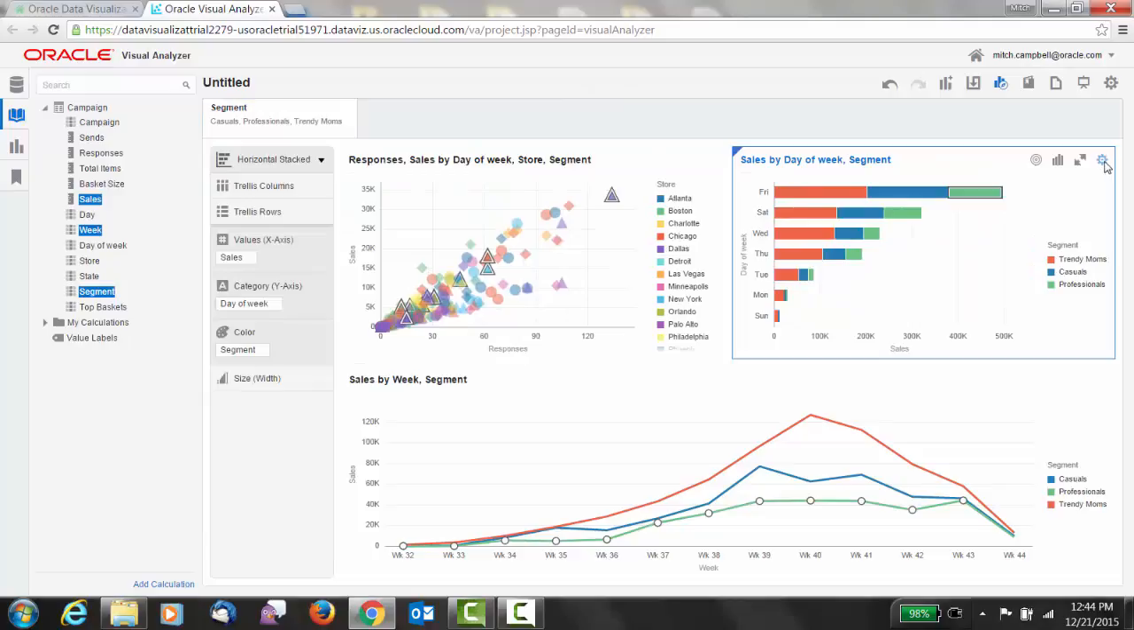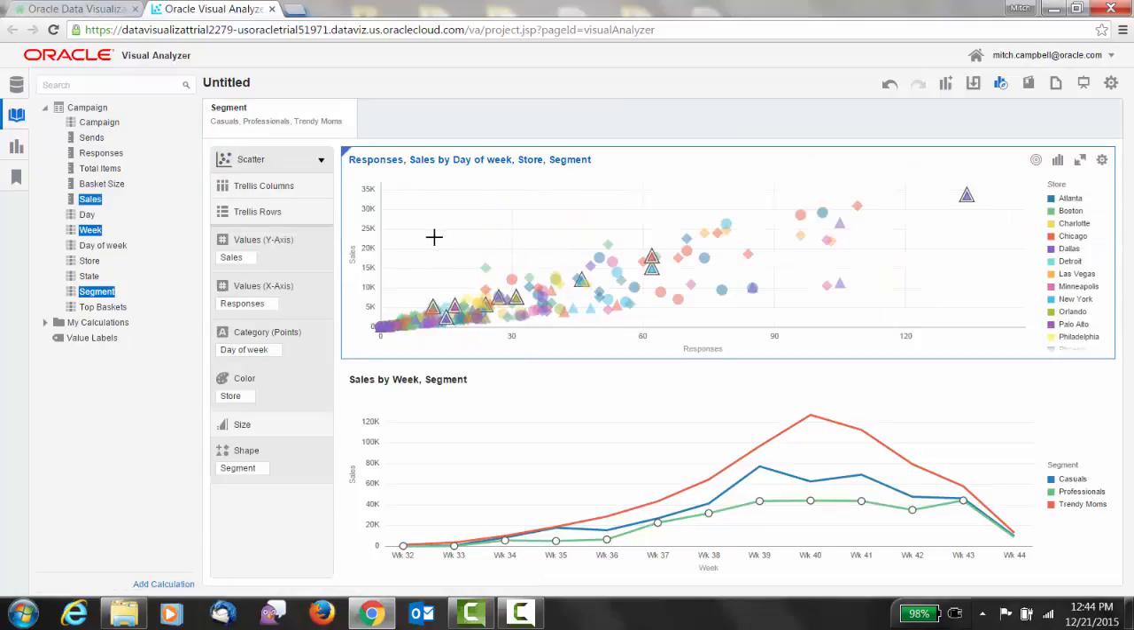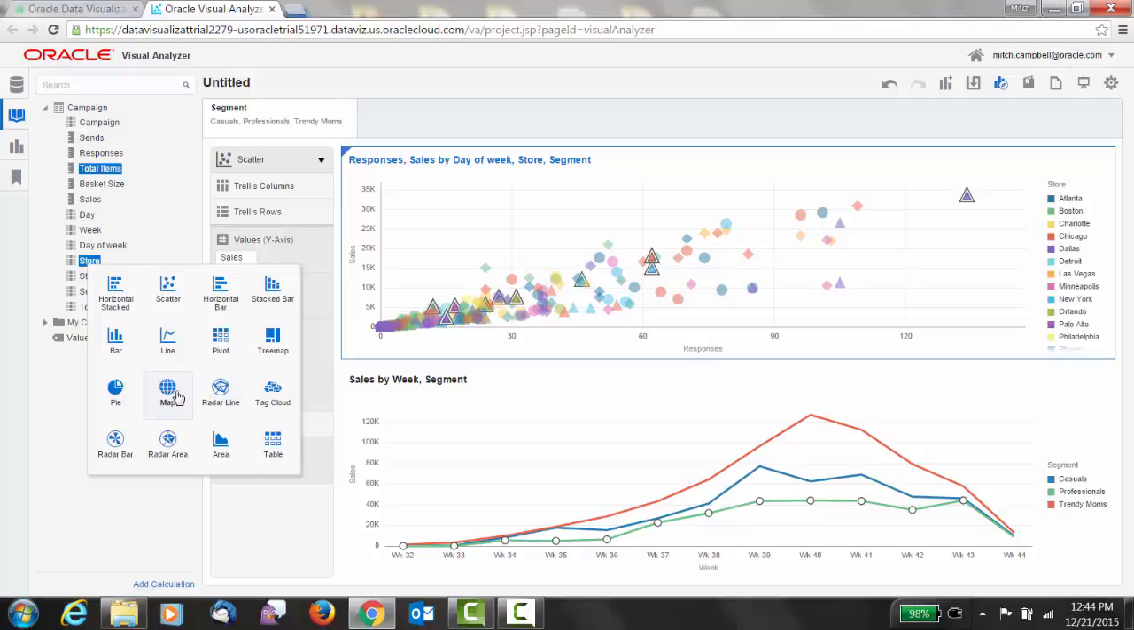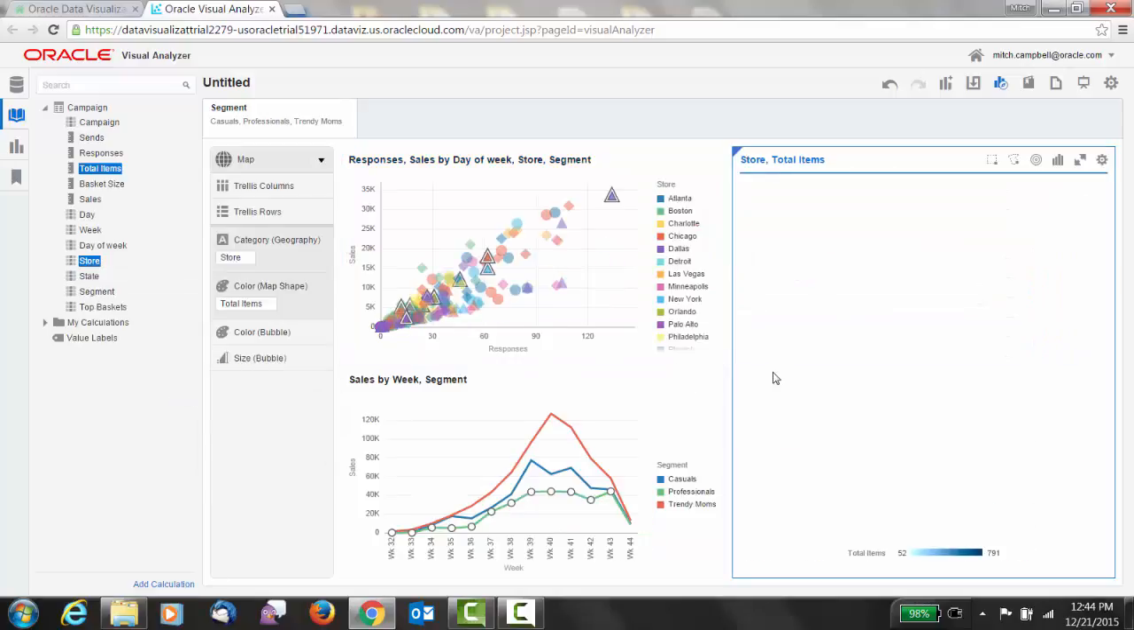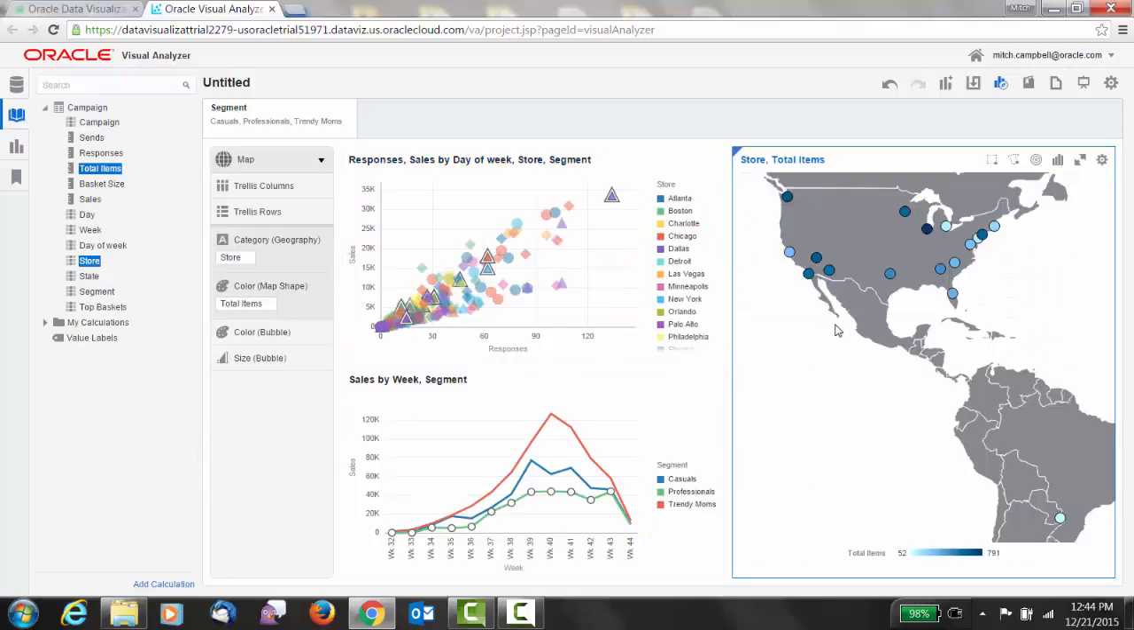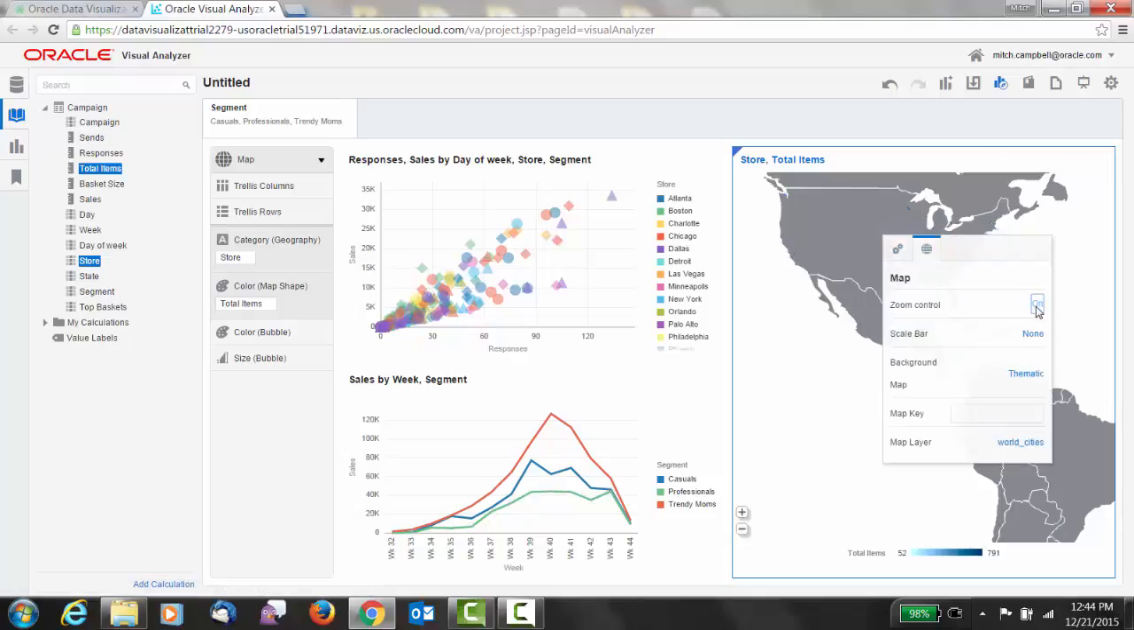Now, I expected that those 2 days of the week were the ones that I needed, so let's just delete that and move on. Let's do a location analysis of items and store, and I'm going to add a map. So I bring the map into play. Gives me a great starting point, and I know I can change this to maybe turn on the zoom feature